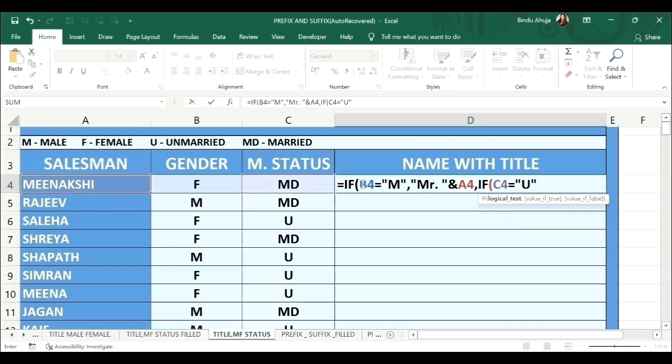Means if marital status is unmarried, then we will write the true statement, and that is comma, "Miss " with a space, quotes close, ampersand sign and A4. Means add Miss as prefix. But if the condition is false, or you can say the salesperson is not unmarried, then put comma,